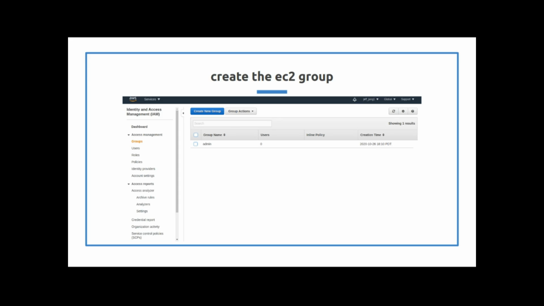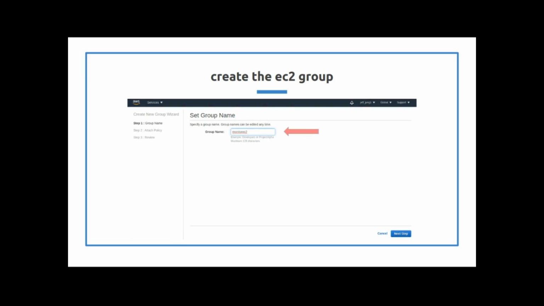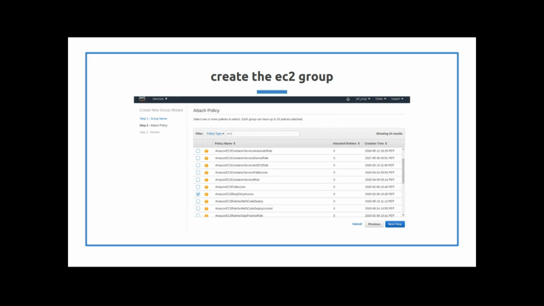They're just going to be able to look at it. So you go to Groups, click Create New Group, type in monitor the EC2, that's the group name. Then you click Next Step, and you want to search for the policy Amazon EC2 read-only access.